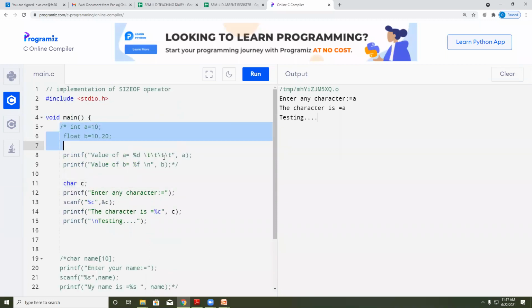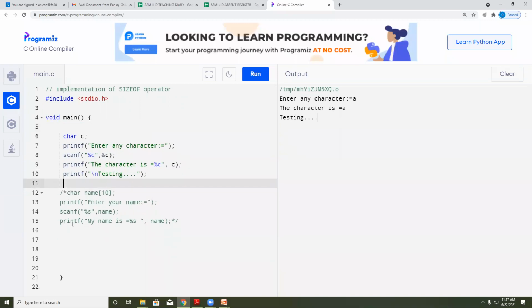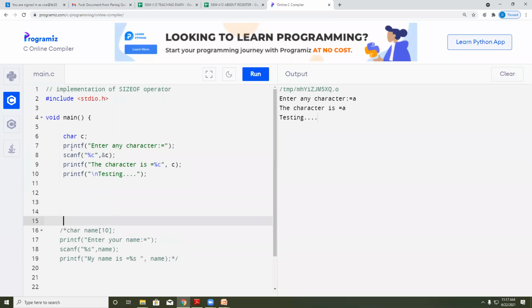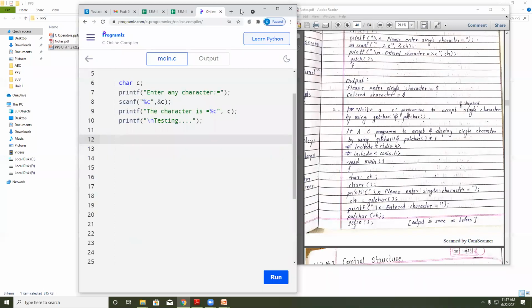Okay, I will erase this now. So, char ch. Now instead of c, I'm using ch, to show you the implementation of getchar and putchar. This is very similar to the scanf and printf functions. So here I'm going to write the same, print any character.